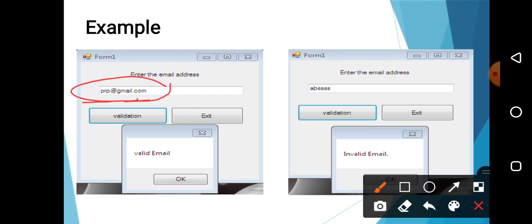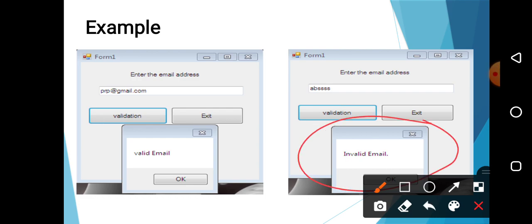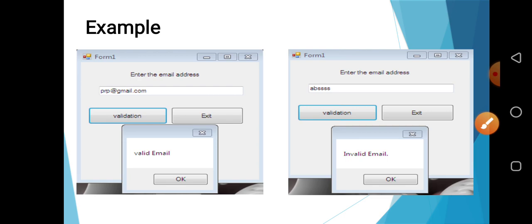Whenever I want to check whether the email is valid or not, I'm just checking whether it contains one name, the at the rate sign and after that the domain name. If I click on the validation button, it will give me the message that it is a valid email. Otherwise, if I just enter the email ID without @gmail.com, and click on the validation button, it shows me it is an invalid email ID. So in this way, we are going to perform the validation.